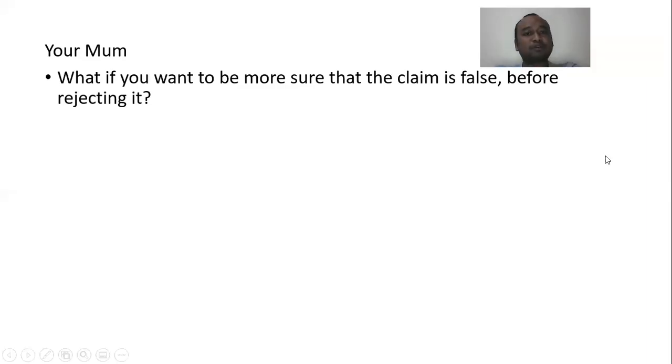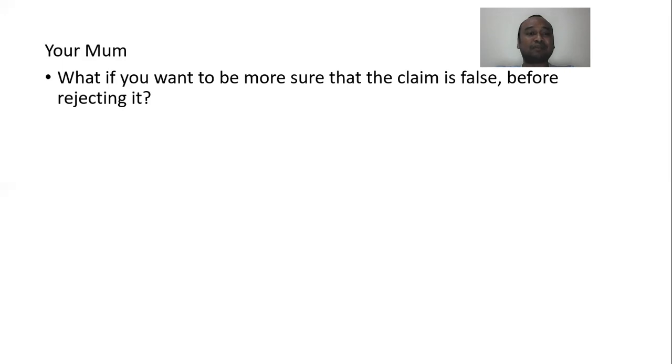And what if you want to be more sure that the claim is false before rejecting it? In Simon's case, you can reject the claim. You can easily blame Simon as a liar or dodgy, because, as you know, he sometimes tricks you, and he sometimes lies to you.